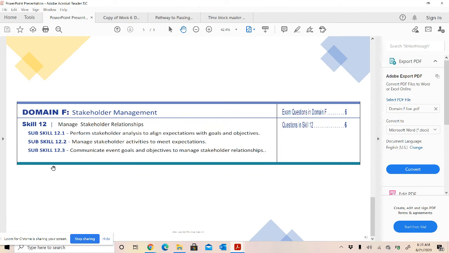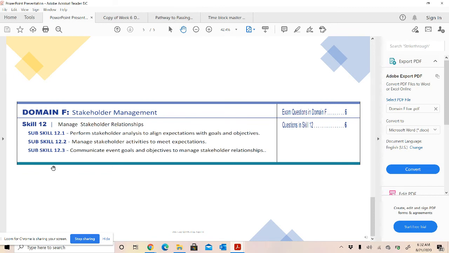Because remember, the analysis is to align expectations with goals and objectives. So the budget owner has different expectations and objectives than the event owner, unless they're the same person. But anyways, and then